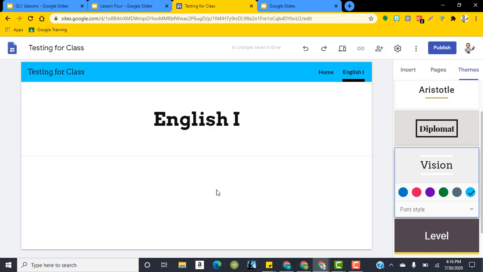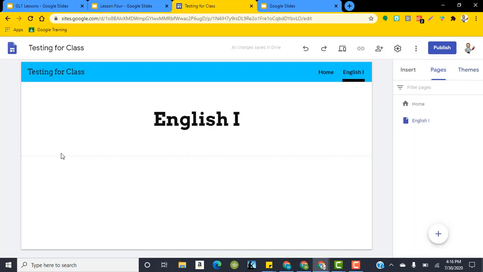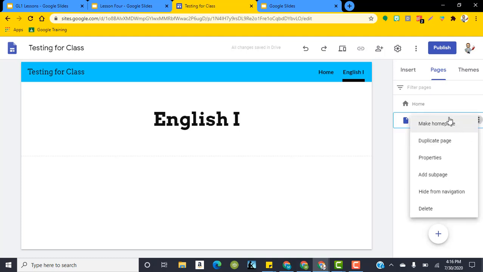And so now I can do the same thing. I have a new page, right? Now, maybe underneath English 1, though, I don't want to put too much information. Can I have a sub-page? Sure. When you see your pages here and you see English 1, on the right-hand side, you see 3 dots. If you click on that, you can set something else as your home page. You can make a duplicate page if you want to just do a copy and paste type deal, or you